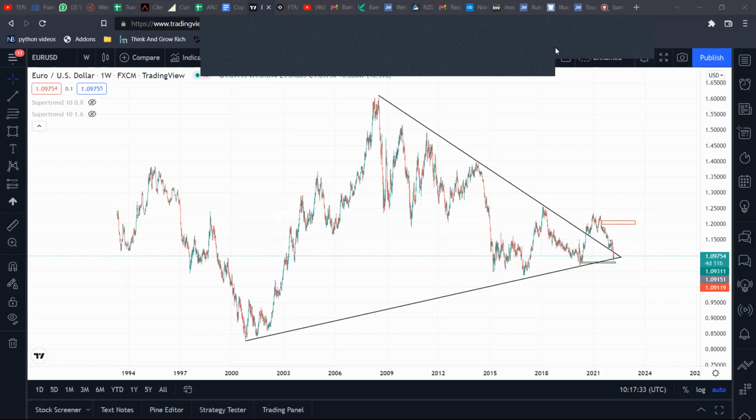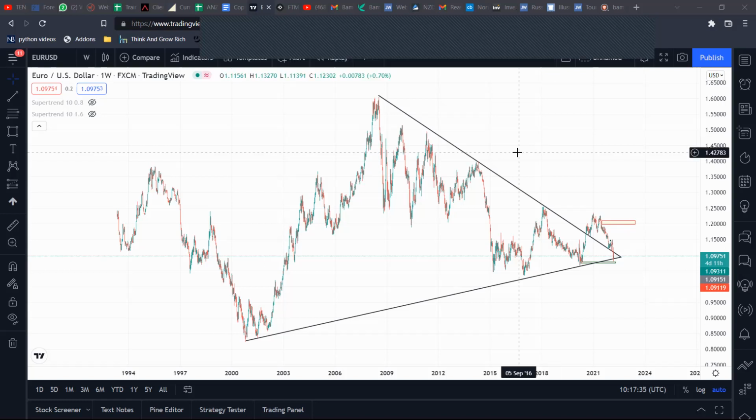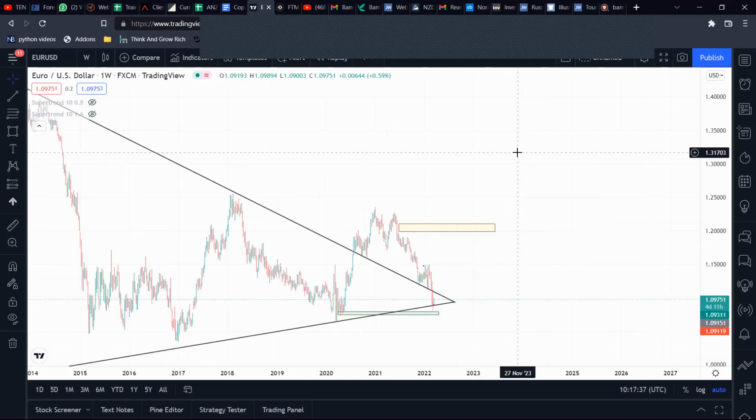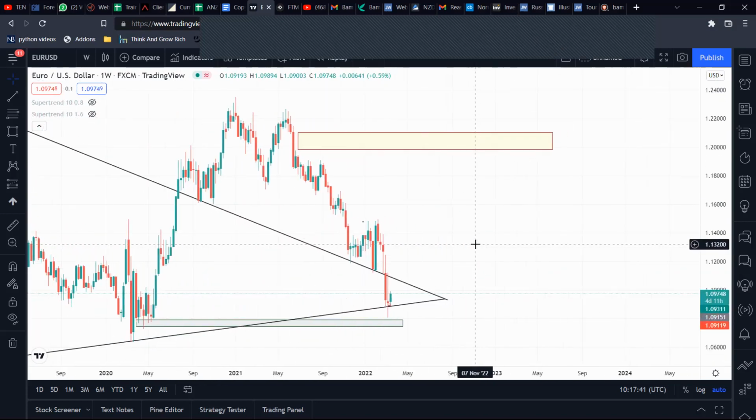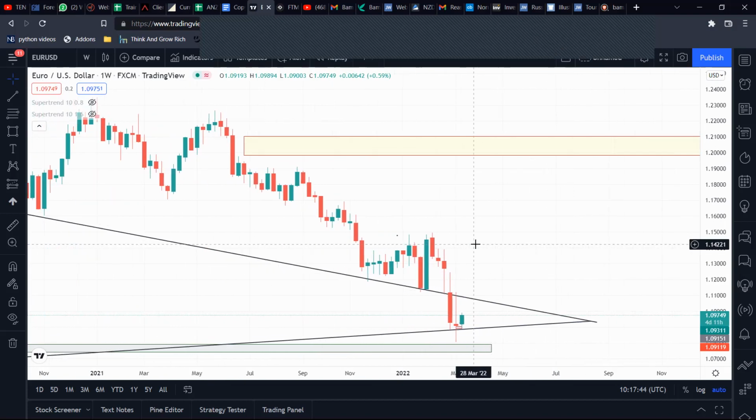So we are at an inflection point. We are at the point where the market needs to make a decision. Then we need to just wait for the market to make a decision and then figure out what to do after that. So if we zoom in here,